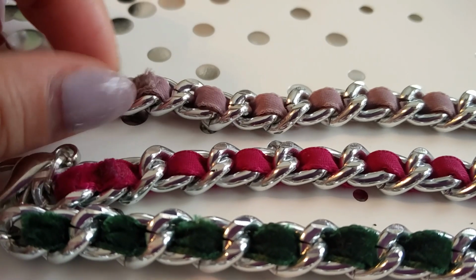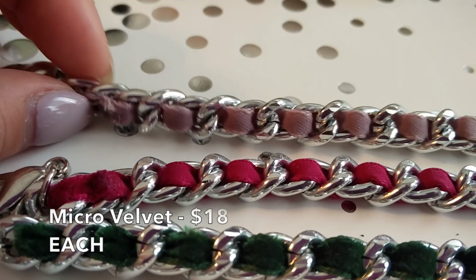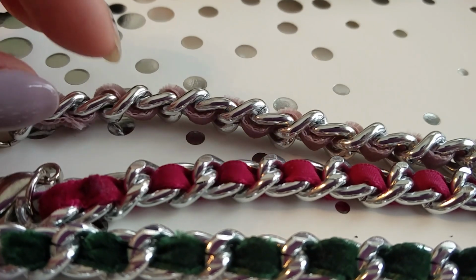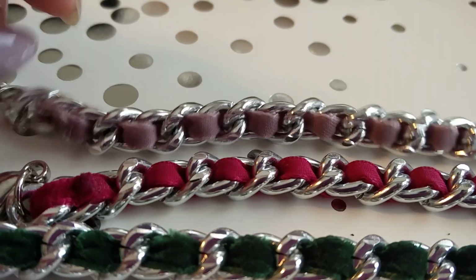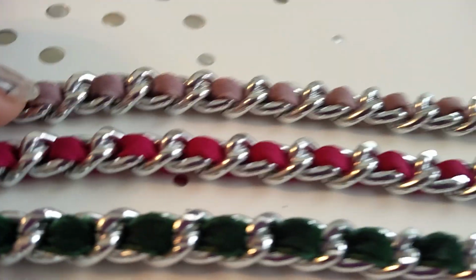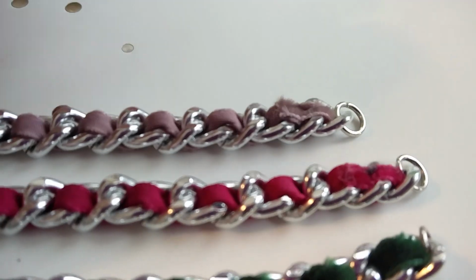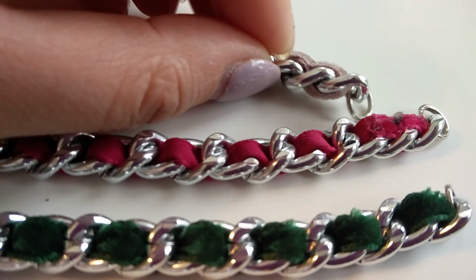Okay. That's how it looks. The pricing is not that cheap, and the quality is also not that great. It's just one thin piece of ribbon going through. The only thing about these is that it scratches you. The finishing, see these little bits? This is what I was trying to talk about